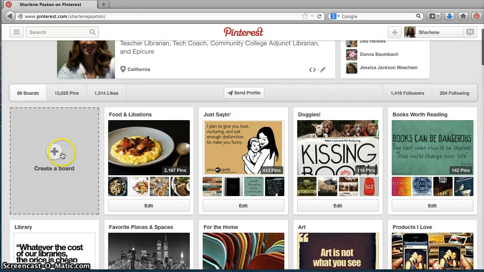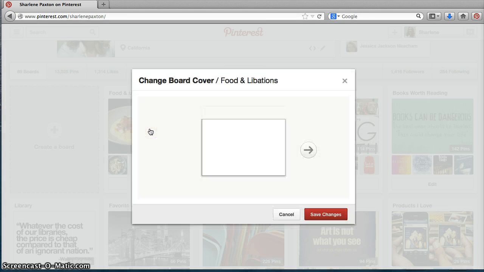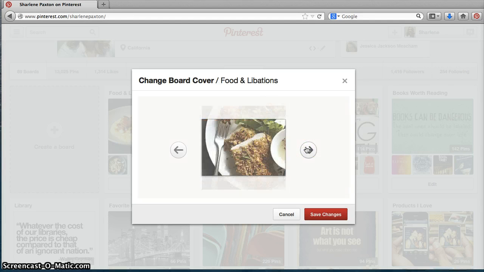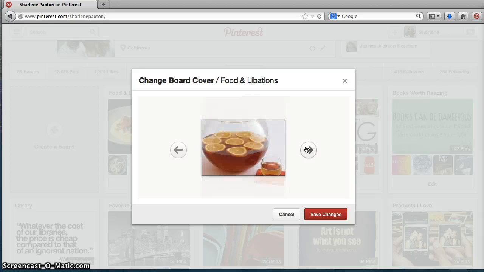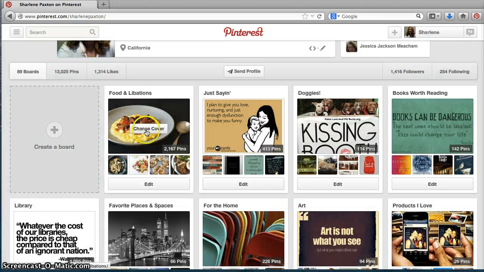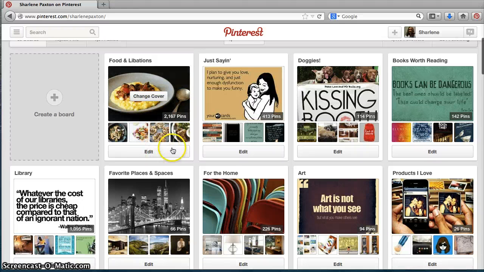I can create a board from this page. I can hover over any of my boards and change the cover. I simply click on change cover and I can scroll through, and it will actually scroll through all of the pins on that board until you find the one that you would like to use as the cover for that board. I can see how many pins I have in each of these boards, and I can edit the boards